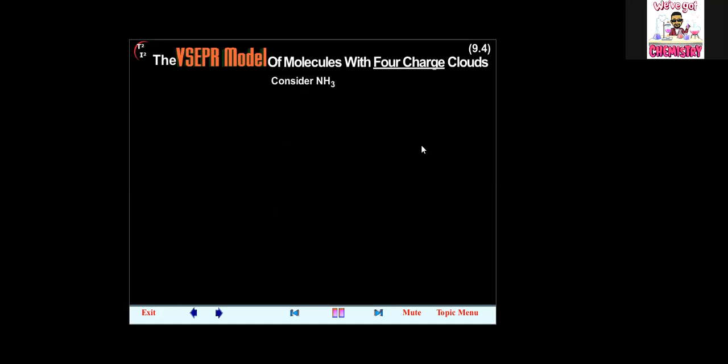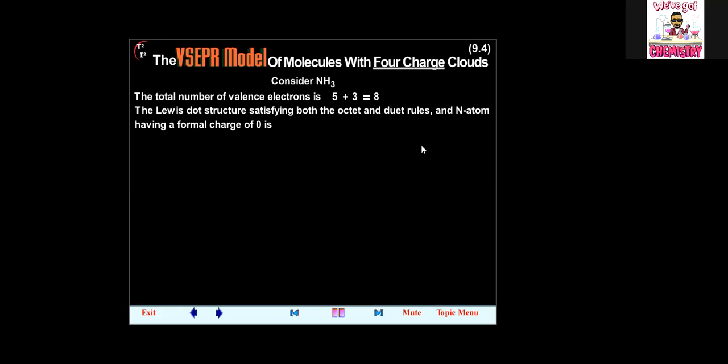SiCl4. Consider NH3. The total number of valence electrons is 5 plus 3 equals 8. The Lewis dot structure, satisfying both the octet and duet rules, and the nitrogen atom having a formal charge of 0, is